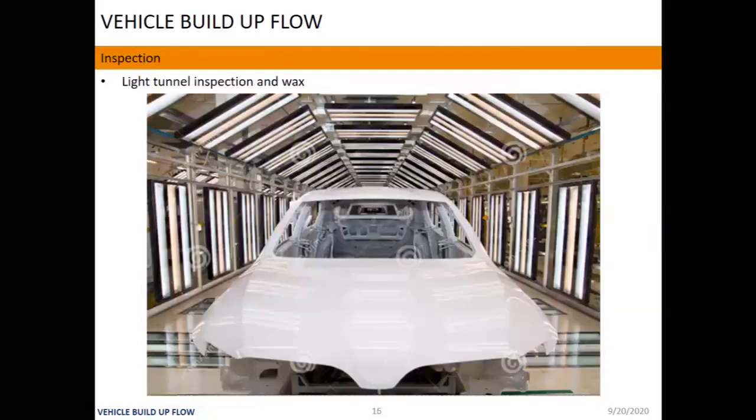So this is my final painting process, and at the final painting also, they will check this vehicle by hand, visual checkup only. Are there any scratches or not? Is the paint uniform or not? Any uneven paint, accumulation of paint anywhere? They will check those things under the light, because under the light they can clearly see the different areas. So like tunnel inspection, the waxing will be there.